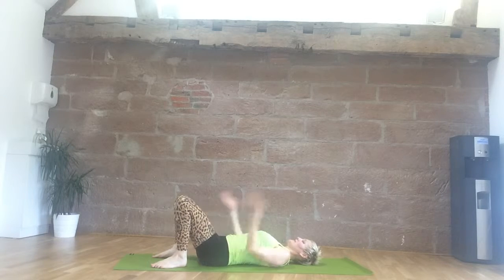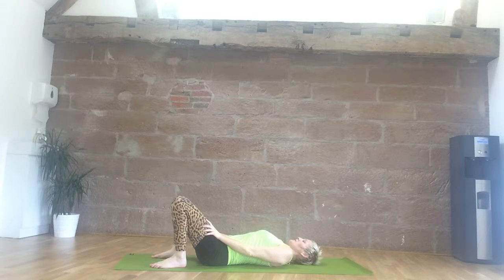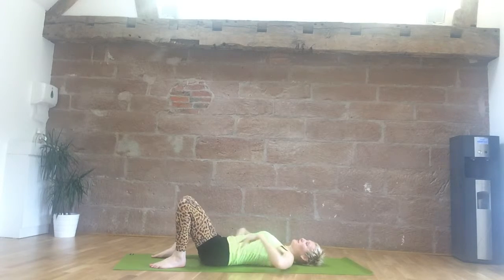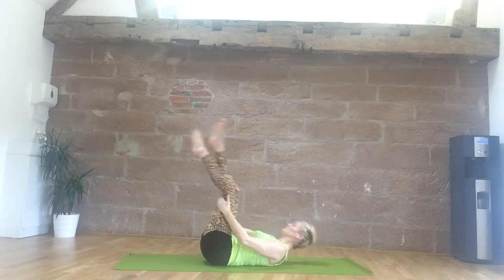And then placing the feet down, press as if you're pressing your femur bones directly away from you. That will begin to traction the spine a little bit. You might need to wriggle your head up the mat to allow for that extra room, and just keep pressing for a few breaths really firmly. Feels good. Good, and then from there you can just relax in whatever way feels good for you